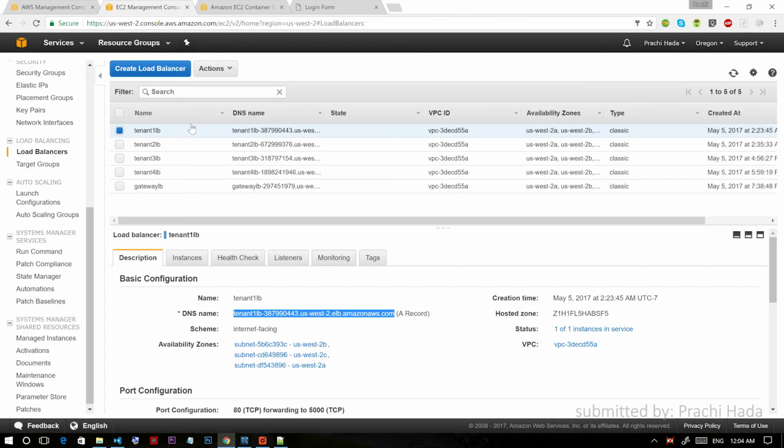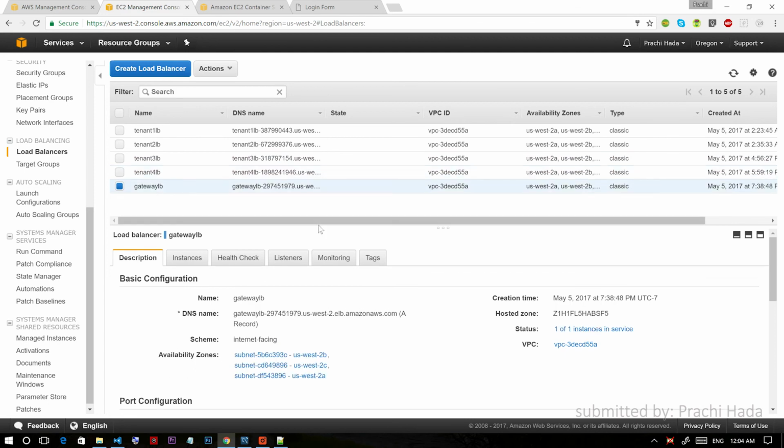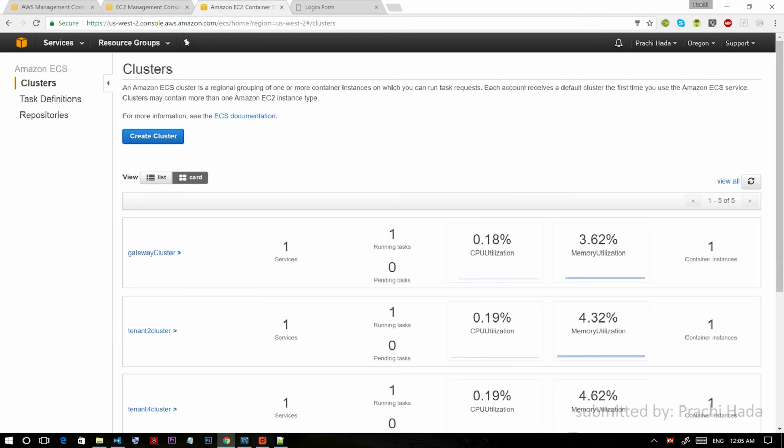So this way, each tenant is scaled into 3 different zones. It's like 1A, 1B, 1C, 2A, 2B, 2C. Similarly, tenant 3, and tenant 4, and gateway. This provides easy scaling properties. You can scale up and down easily, and you can make changes and easily push your code using the container service. So this is how I have deployed my project using RDS and EC2 instance and Docker,